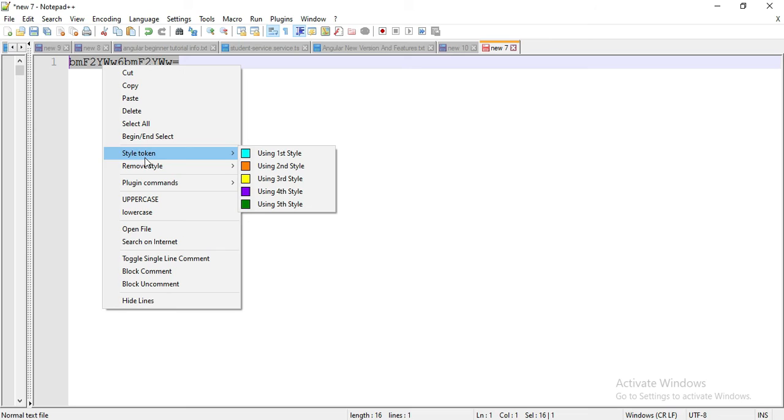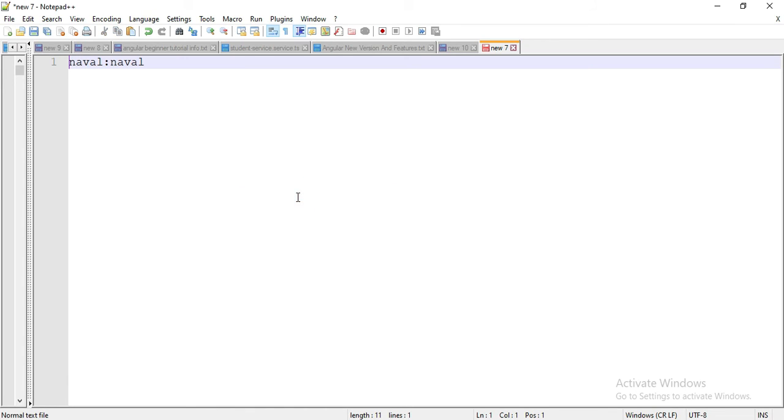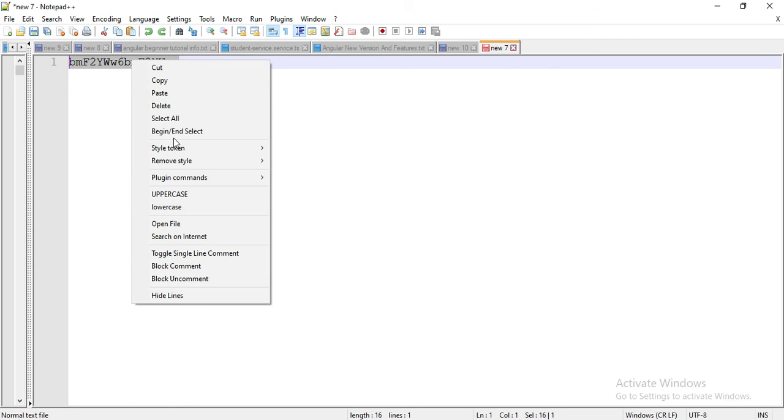Then I'll go to the plugin commands, where we do the encoder to decoder conversion. You can see here we have our username colon password. Let me show it one more time. I'll select all the text, then go to the plugin commands.